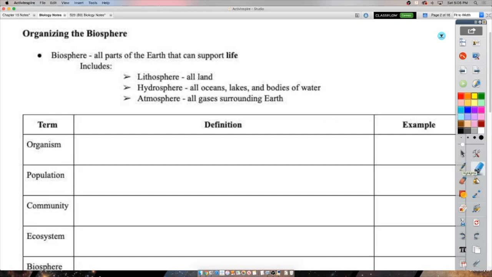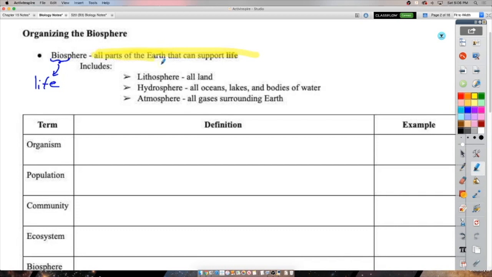Starting out on page 1 of our biology notes, we're going to start with a definition, and then I'm going to go to a PowerPoint for a little bit, but you would probably want to follow along on this page and copy down some of the definitions and examples as we go. But first, let's get this out of the way: the biosphere. A sphere is basically just a space where things can exist, like a sphere-shaped space. Bio, what does bio mean? Life. So the biosphere is anywhere on Earth where you can find life.